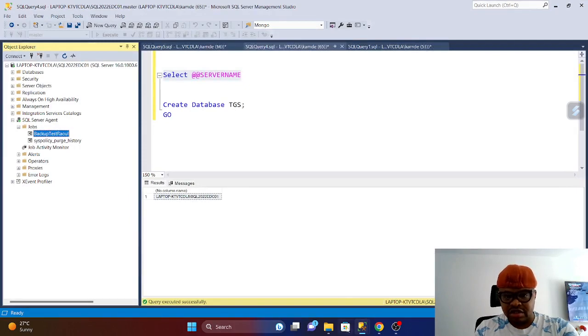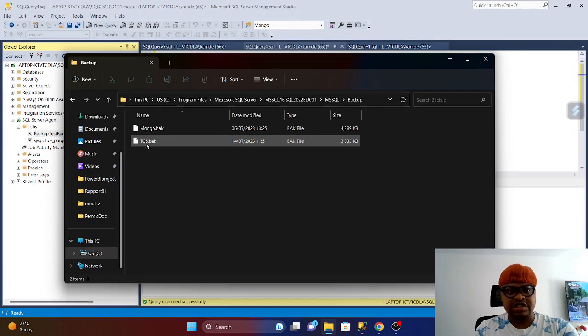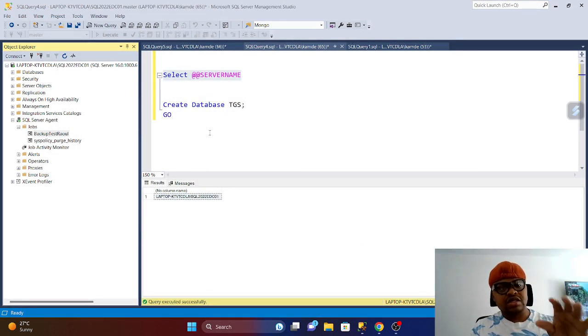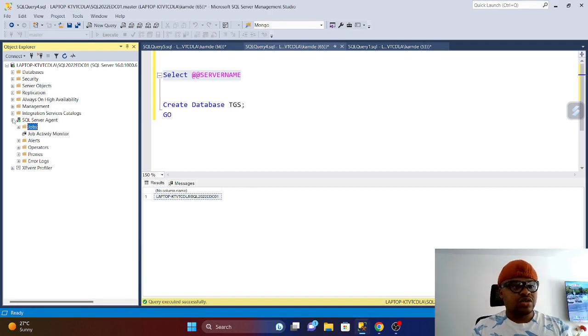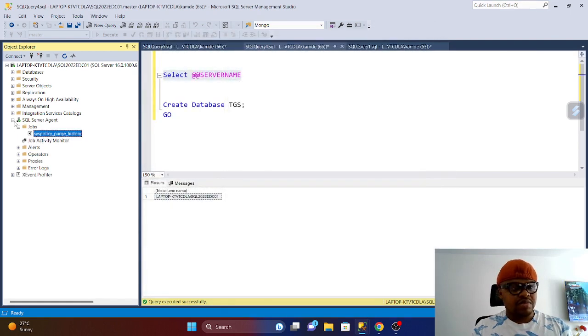So now I'm going to go back here, click to the backup, and this is my TGS backup. So yes, I've just shown you how we can back up the database using the PowerShell and also create the backup database in the SQL Server Agent job and then use the PowerShell type to back up the database. We can schedule that automatically. So now I can go here and delete this one. And then now I'm going to show you how you can back up the database